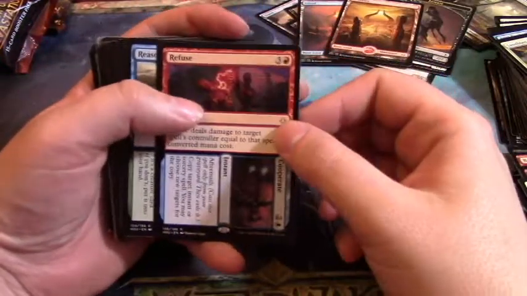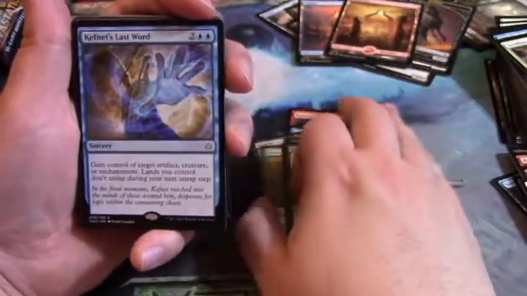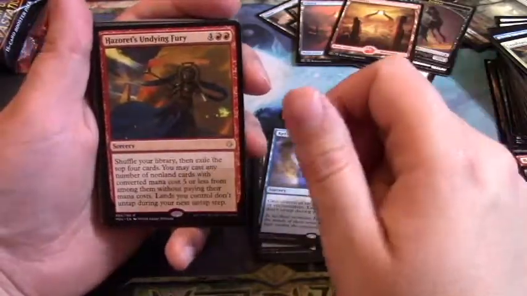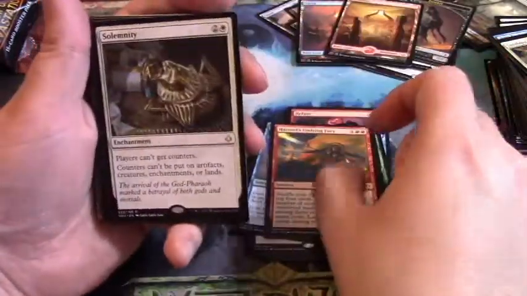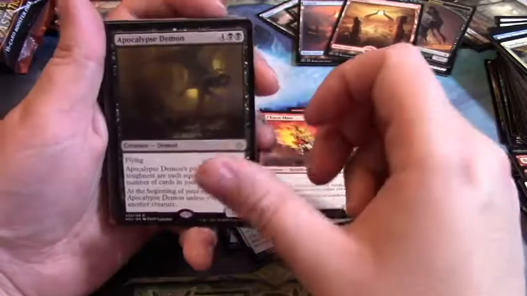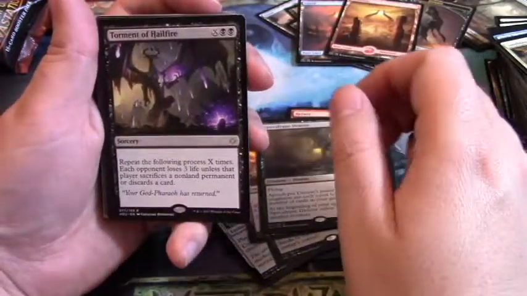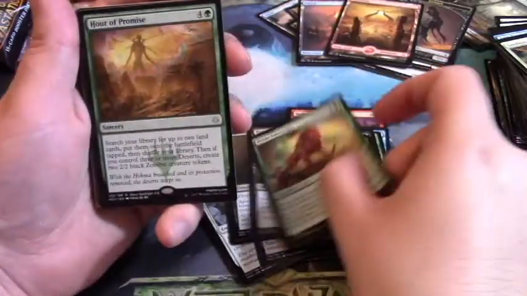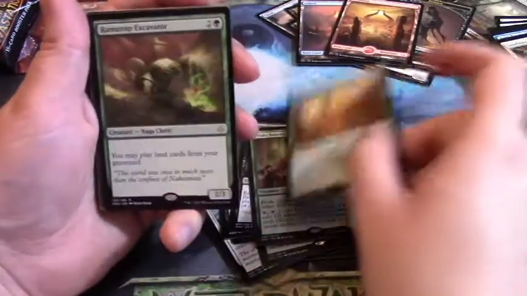Okay. So these are the rares I got. Refuse to Cooperate, Reckoning, Kefnet's Last Word, Hazoret's Undying Fury, Solemnity, Endless Sands, Chaos Maw, Apocalypse Demon, Torment of Hellfire, Pride Sovereign, Hour of Promise,